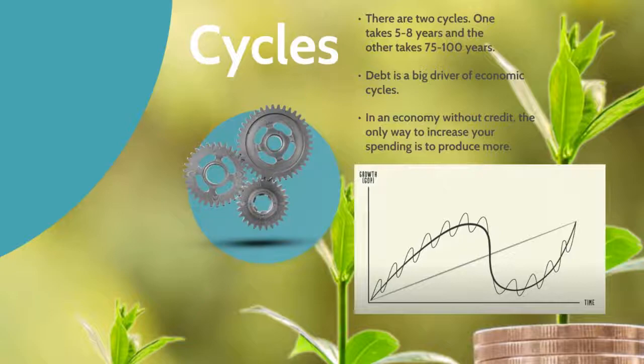And you can see here the graph at the bottom. The straight line is the productivity line. You see a big curve, which represents the long-term debt cycle, and then those small wavy curves indicate the short-term debt cycle. So the short-term debt cycle goes through about every 5 to 8 years, and that's just an average. It changes. And during that short-term debt cycle, when credit is available, we see an economic expansion. So that's when the curve starts to go up. And when credit isn't available, we start to see a recession, which is when the curve starts to go down.